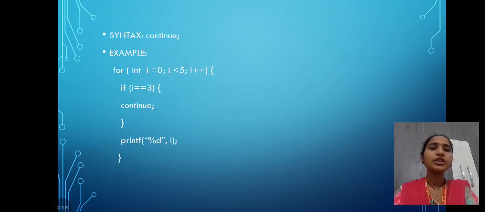And the syntax for the continue statement is continue semicolon. Example for this is for loop, int i = 0; i < 5; i++, if i equals 3, continue; printf("%d", i);